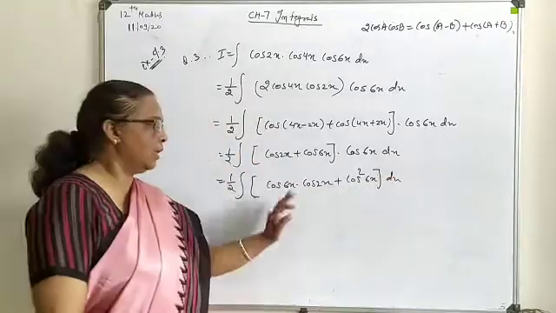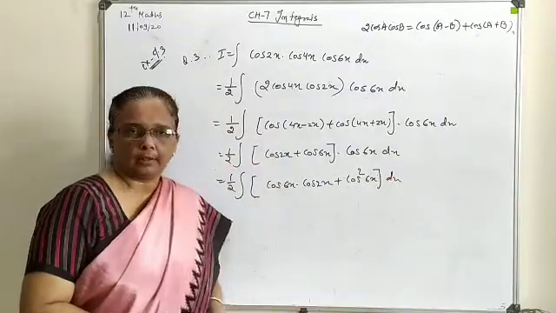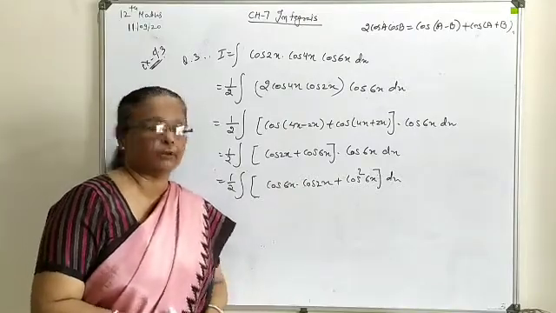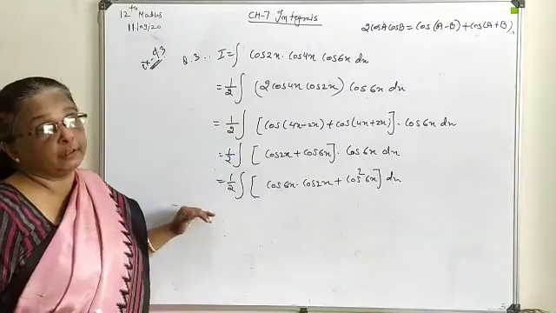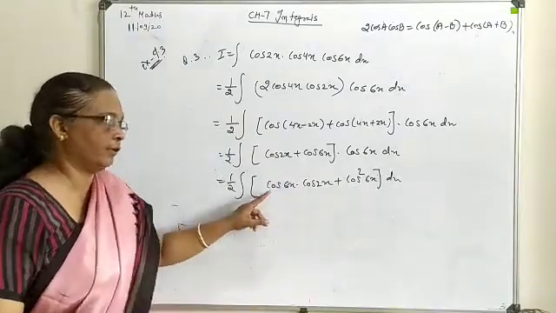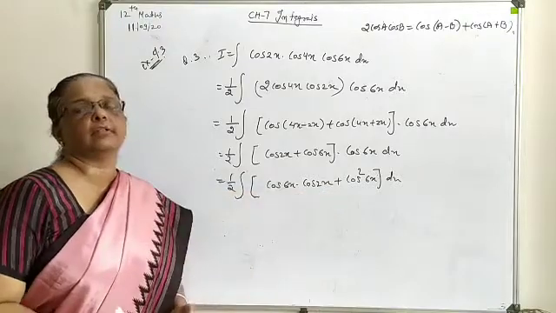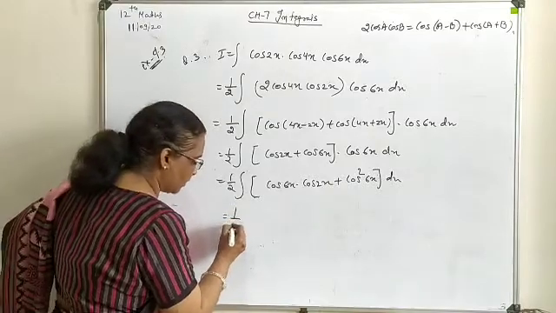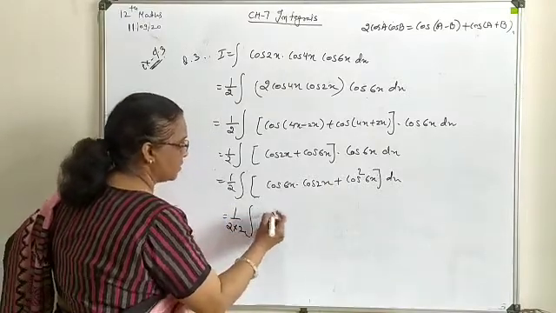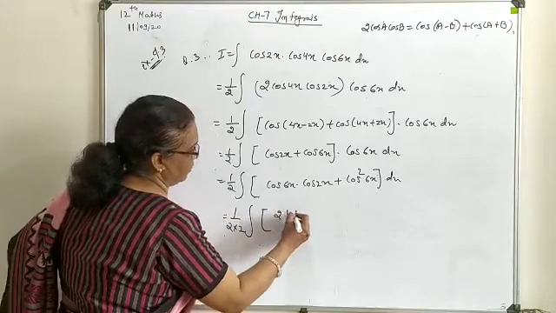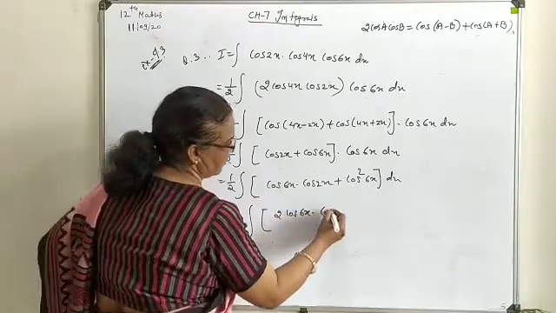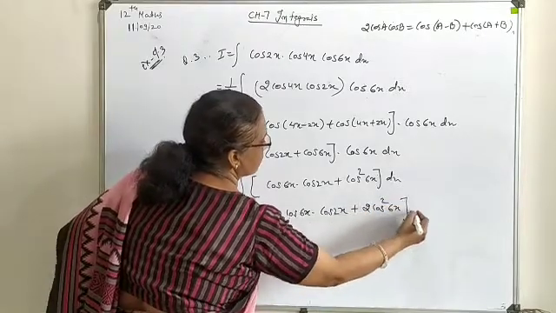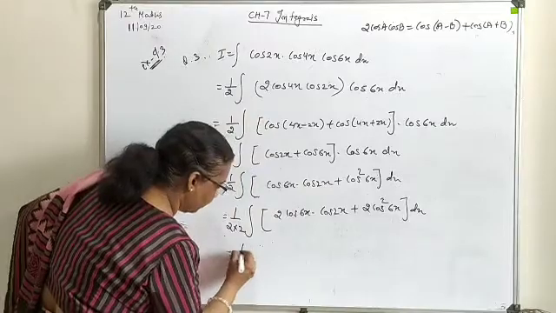Here also you can see none of the combinations can be directly handled in integration form. So both are to be converted using formulas, and before we implement any formula, here also we require to multiply and divide by 2 from our side. So outside we have division, and inside we have multiplication. This will be 1 upon 4.